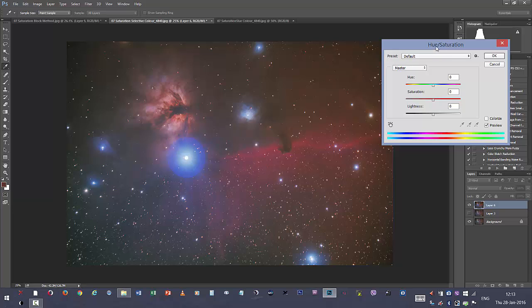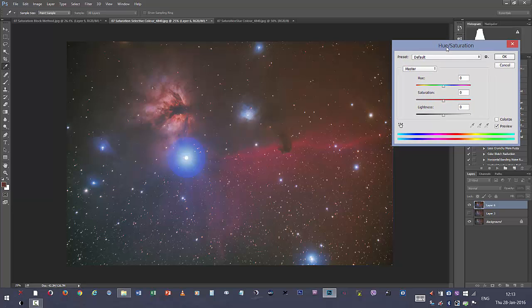So this is the dialog box of hue and saturation, and if I increase the saturation slider towards the right, the saturation of all the colors will increase. But I am more interested in this orange color over here. So first of all, I can go to yellow, and now